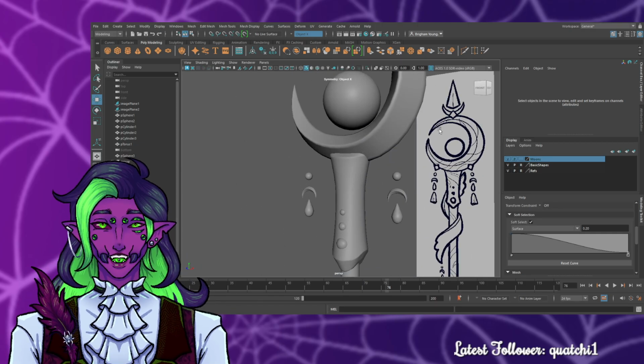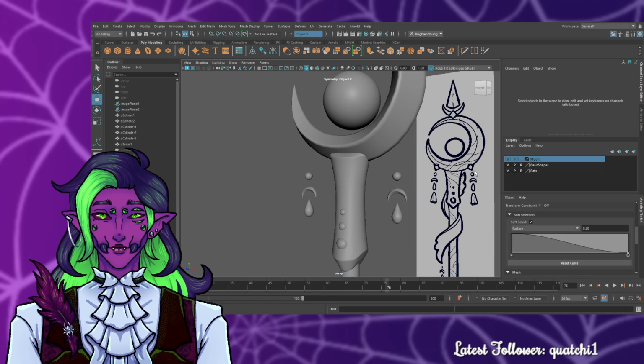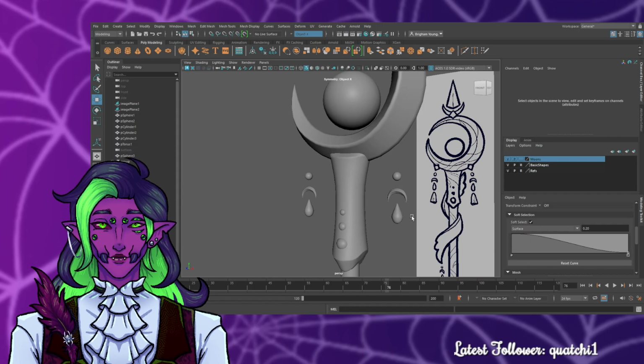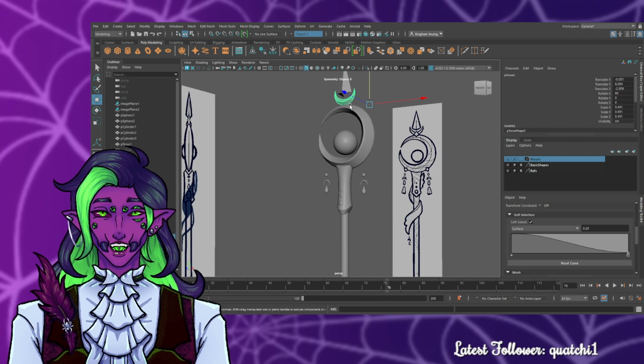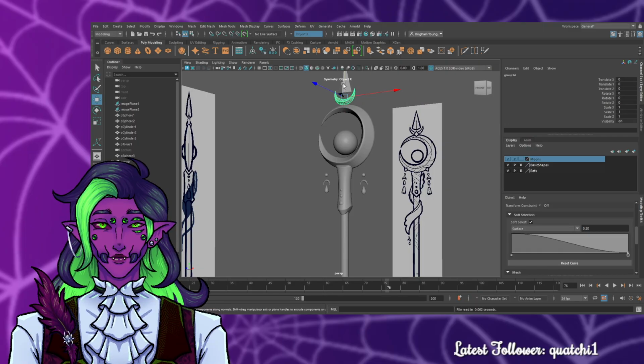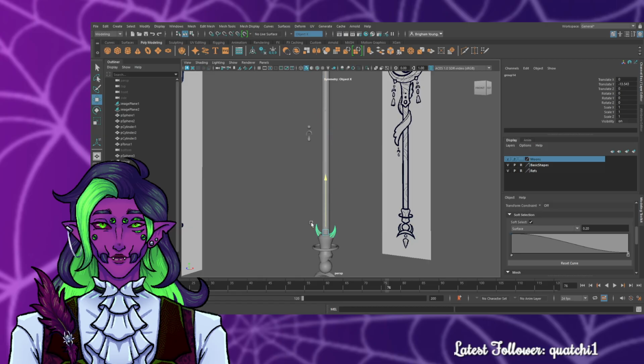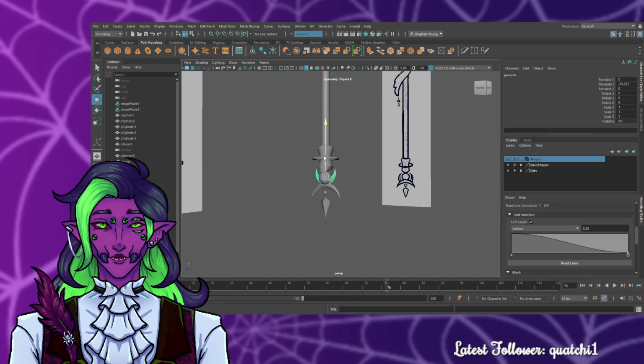Oh, I have like the diamonds, like these that are connecting things. I might just make those pyramids and just clip them in. But getting ahead of myself. I have one more pyramid, not pyramid. One more